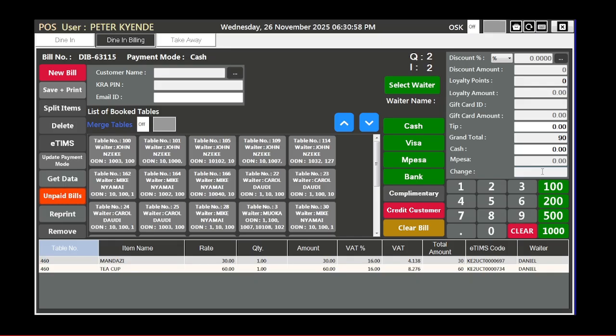I think you have understood how to clear a bill. In takeaway, let's go to takeaway. I'll explain again if you have not understood. We also have many things here to explain, including update limit mode, get data, reprint, all this. So in this one, in takeaway,